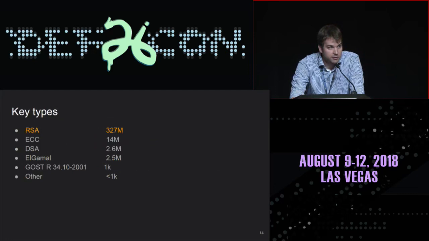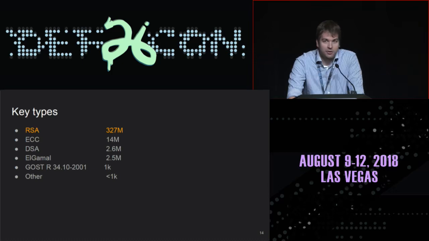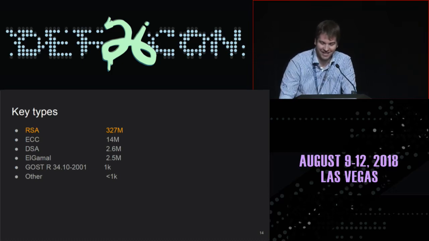So we found that today RSA is still the most common key type. 95% of keys are still RSA. So the Roca attack and batch GCD are targeting that. So be careful. EC keys are getting more popular, and this is basically what I guess you should start using today. And then we still have some DSA keys. I mean, who uses that anyway today? And a few other less well-known.